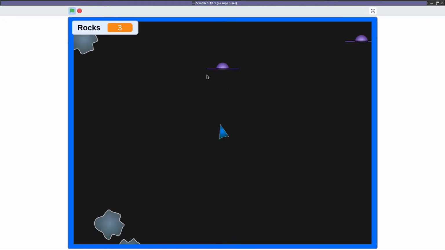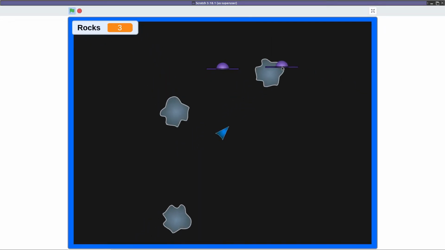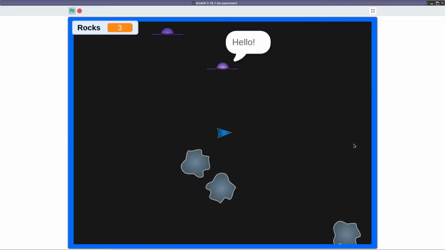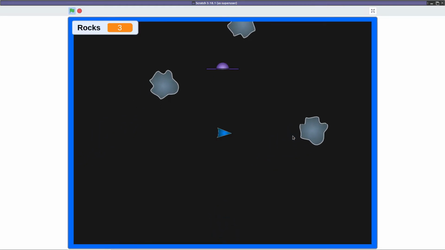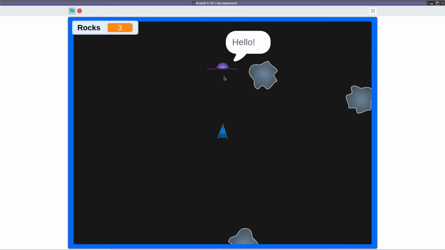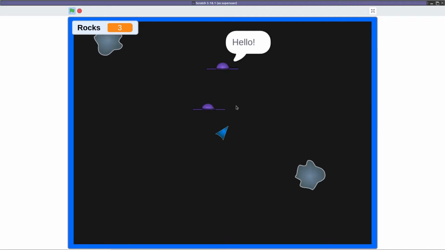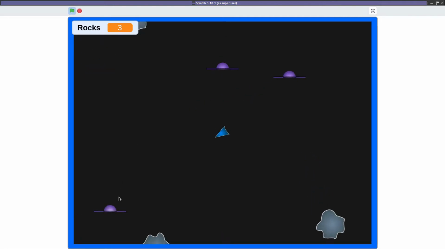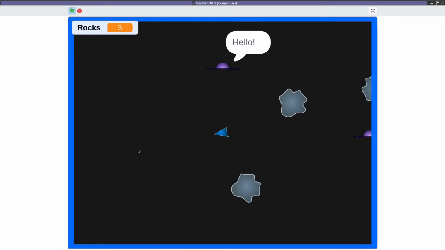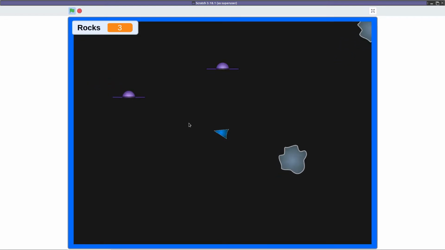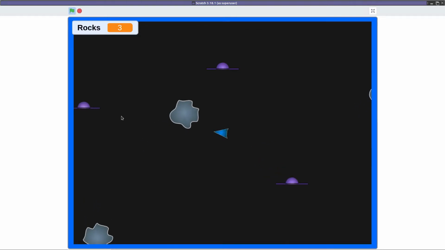So far with my random, it appears that there's a higher frequency of things coming from this side than this side, and I don't know, maybe the random is a little less inclined to pick a 0 because it's being determined by a random 1 or 0. So I'm not really sure on that. That might be an issue with the randomness, but I do seem to be getting more coming from one direction than the other. And that's the only place that I could track it down, is the use of 1 and 0 to determine